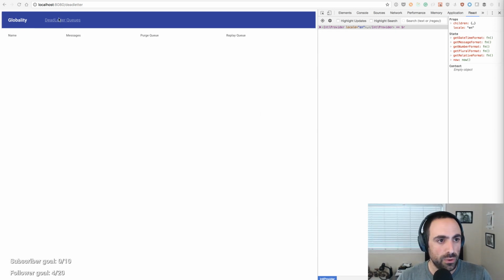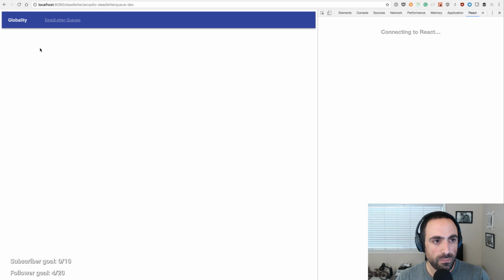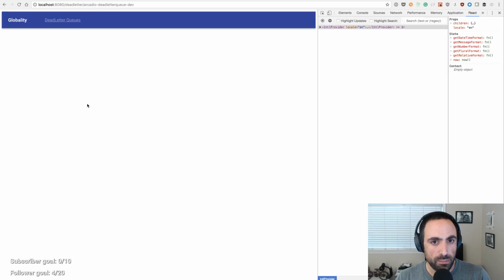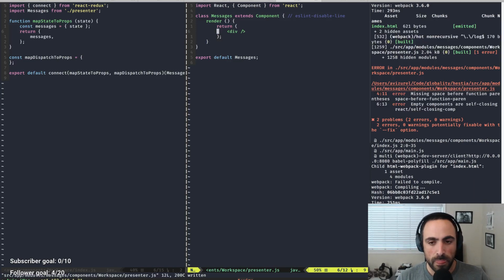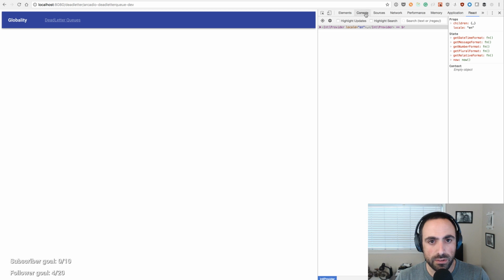So now when I go to this and I hit this, then I'm in the messages, and I'm not supposed to see anything, and I don't see anything. Cool. So now inside of this component, what I should see, so if I take this and try to isolate